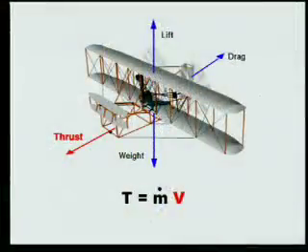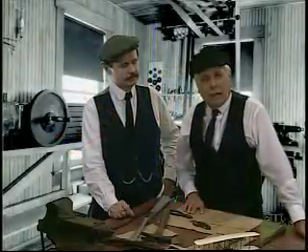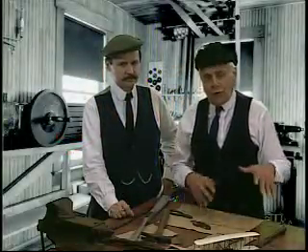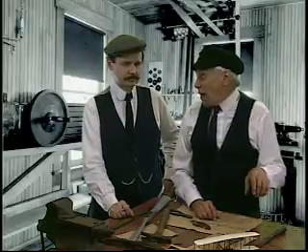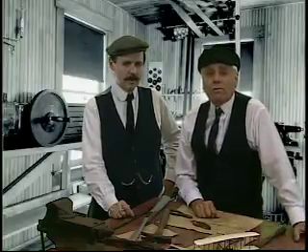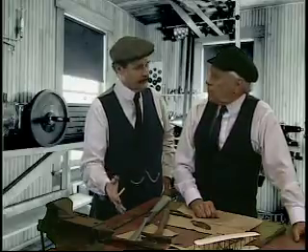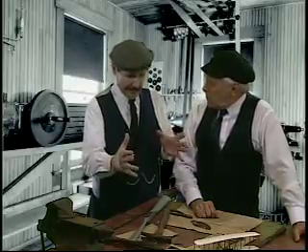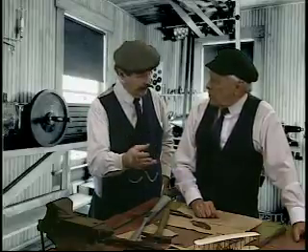The second term in the thrust equation is v, the velocity of air that moves through the propulsion system. This could actually be different than the velocity of the airplane. In propulsion systems like propellers, the velocity change is not really all that great. But with a rocket, there's a large increase in velocity coming out the nozzle. So you can see from the equation that an aeronautical engineer would have two choices to increase thrust. One is to move a larger mass of air, and the second would be to give that air a lot of velocity.